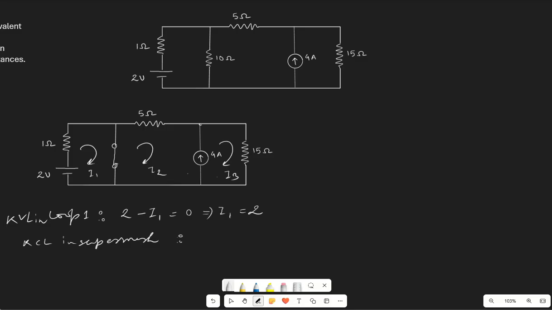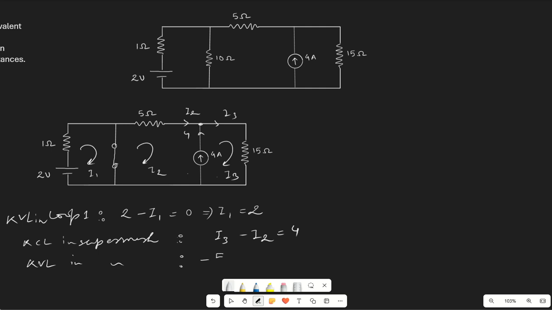we can consider this point. Here we have I2 moving in, I3 moving out, and 4 ampere moving in. So the equation will be I3 minus I2 equals 4. Now applying KVL in super mesh, we have